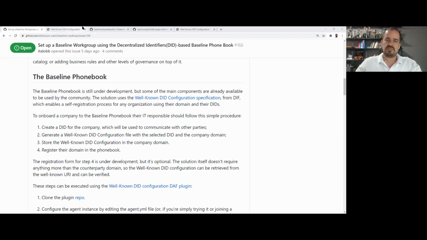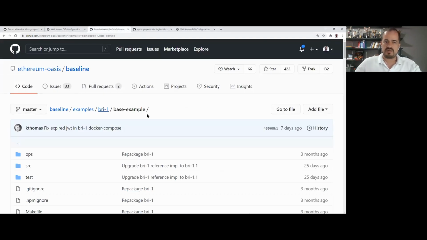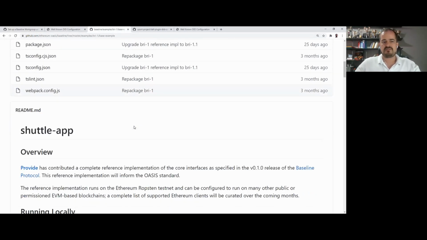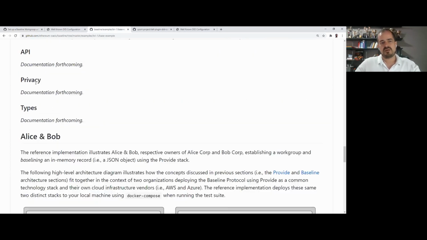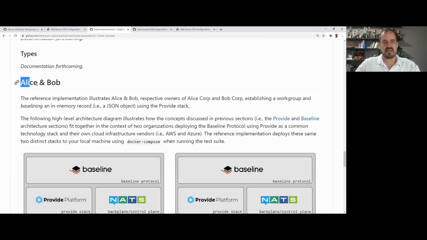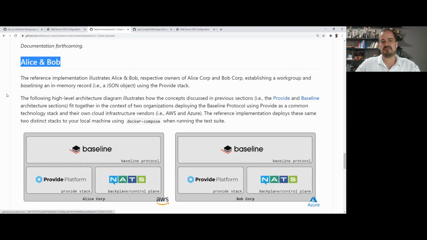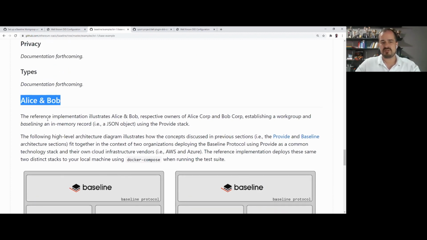Yes, actually, in the BRI one example, you already have the Docker configurations to build each corporation here, in this case, Alice and Bob. So what you need to do is only to use the same Dockers that you have here defined in the reference implementation,